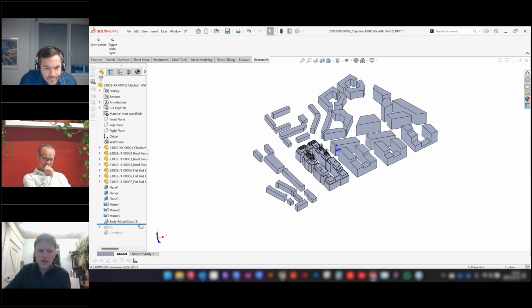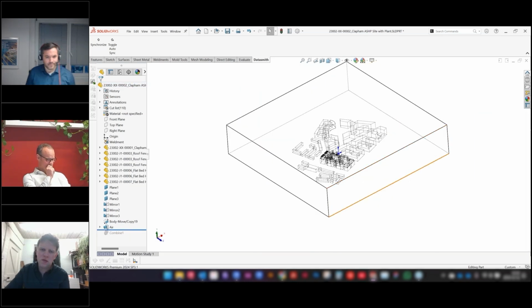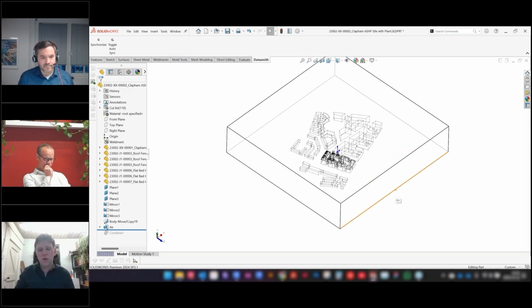So our domain itself is actually quite large. In fact, this one's smaller than usual. This is 750 meters by 750 by 150 meters. We've done fluid domains here that have gone up to 2 kilometers. And it all depends on how much of the built environment we feel is sensible to model that might be making an impact or not on the simulation itself.